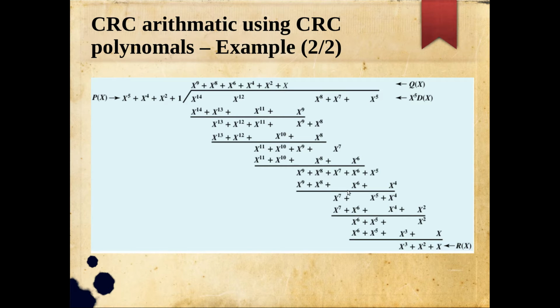Okay, so simply do that process, continue the process, and finally you are getting this, and that is nothing but 1 1 1, triple 1. Then see, x raised to 0 term is absent, and as you know this is a degree 5 polynomial, or how many bits are there? 4 bits are there. So the final remainder is not 4 bits actually, 5 bits will be there, right? X raised to 0, x raised to 1, x raised to 2, x raised to 3, x raised to 4, those things are absent actually.